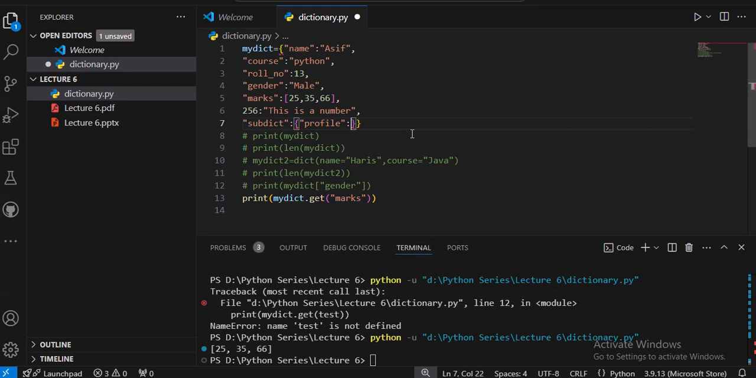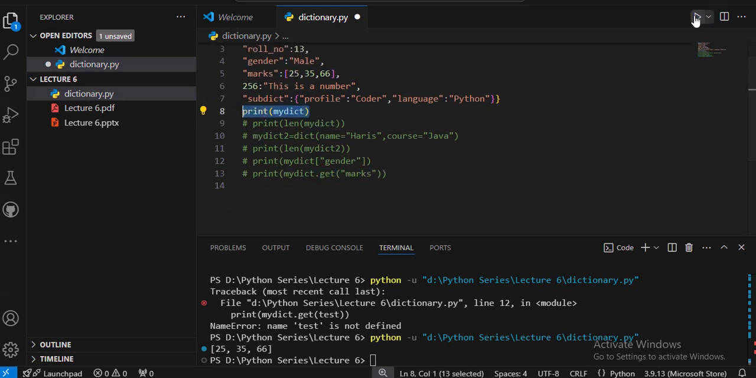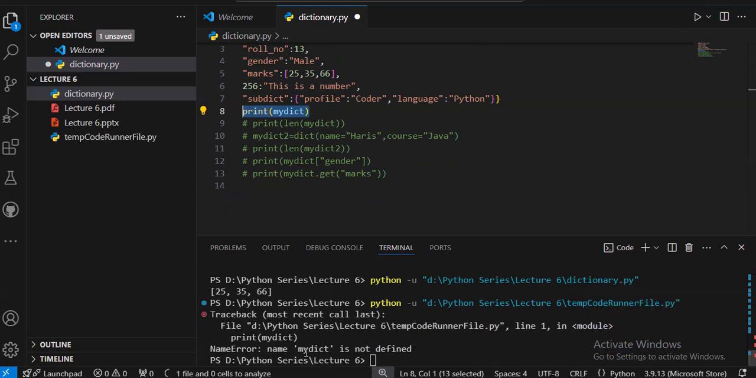Profile is order. I will write here language. Language here is, I will say Python. Now if I print my dictionary, you can see here, if I print my dictionary,